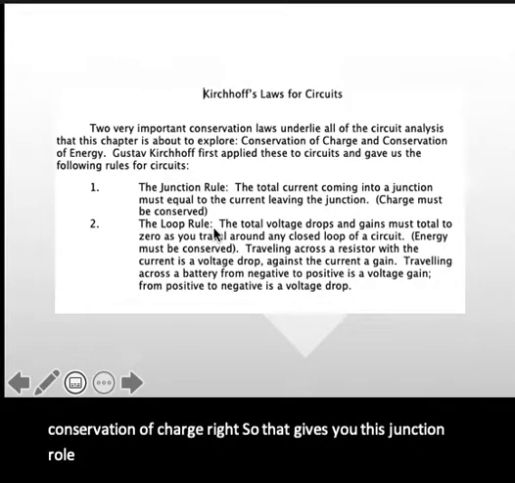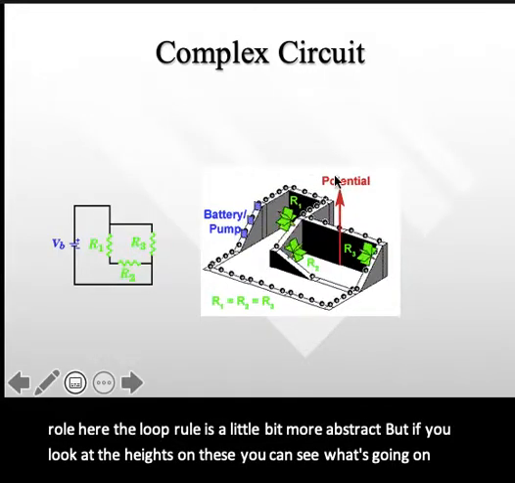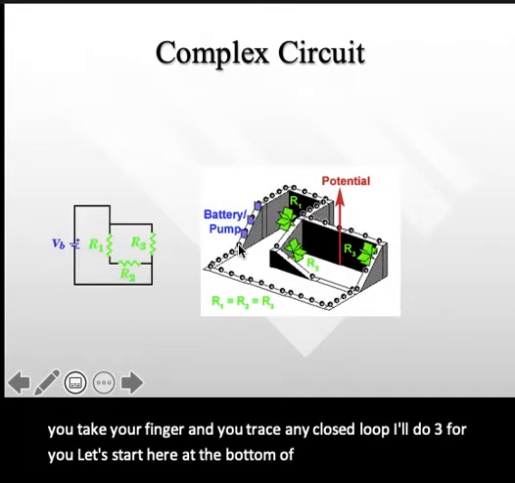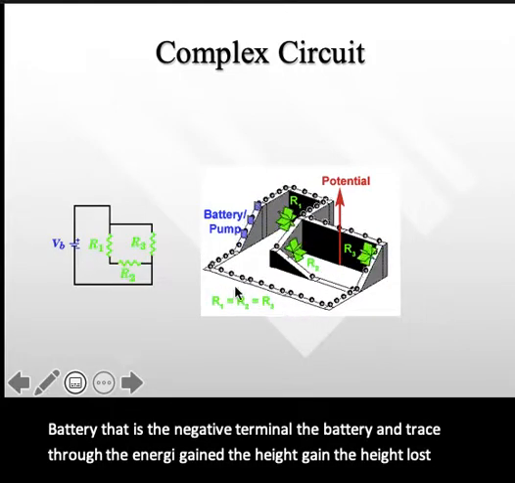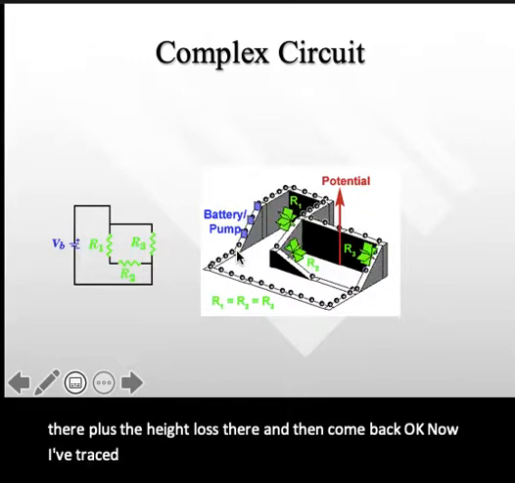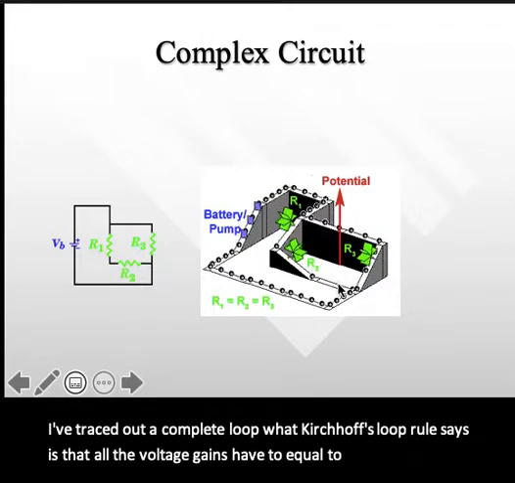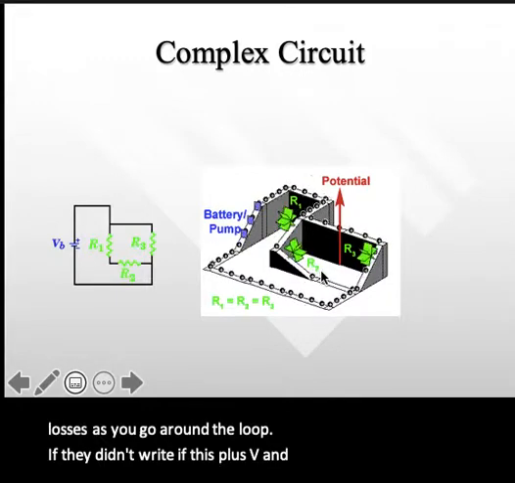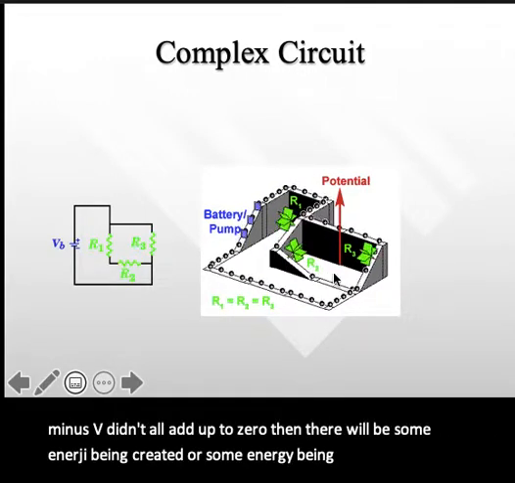The loop rule is a little bit more abstract, but if you look at the heights on these, you can see what's going on. If you take your finger and trace any closed loop, I'll do three for you. Let's start here at the bottom of the battery, that is the negative terminal, and trace through the energy gain, the height gain there, the height loss there, plus the height loss there, and then come back. Okay, now I've traced out a complete loop. What Kirchhoff's loop rule says is that all the voltage gains have to equal all the voltage losses as you go around the loop. If they didn't, if this plus V and this minus V and this minus V didn't all add up to 0, then there would be some energy being created or destroyed,